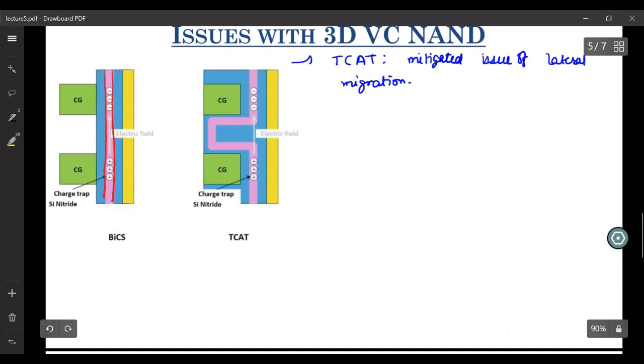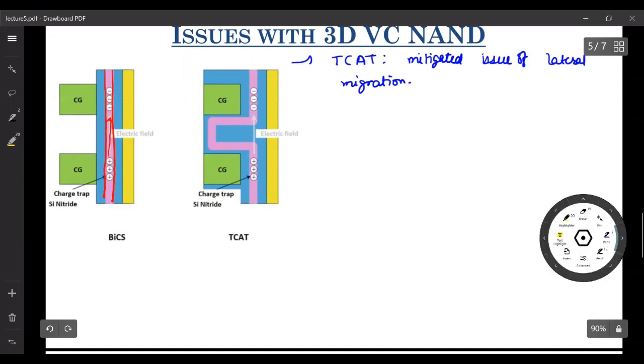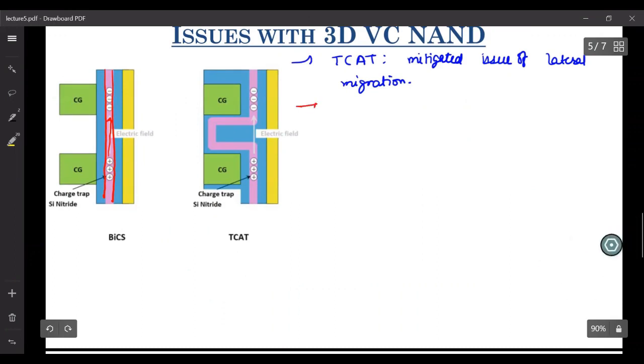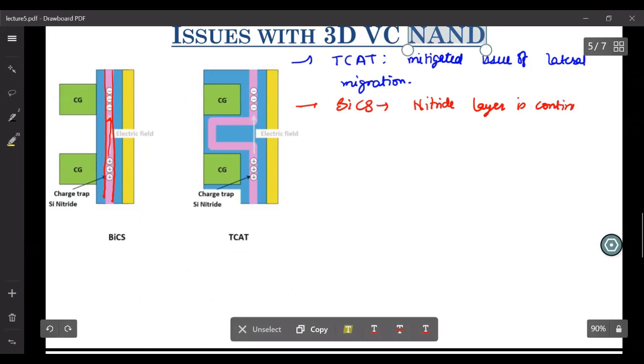So the electric field direction is like this, and electrons can easily migrate. So let me write it. In your BiCS, your nitride layer is continuous and vertical,